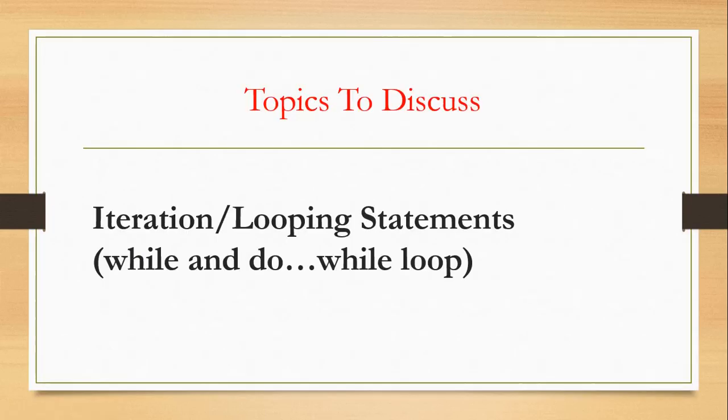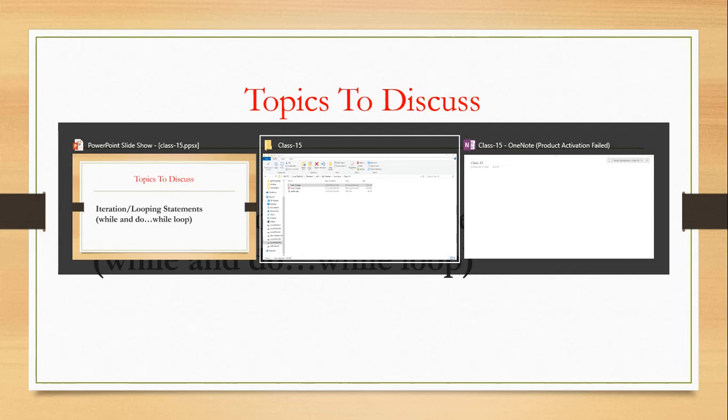In our last class, we started with loops, and we came to know that in Java, loops are basically classified into four types: for loop, while loop, do while, and for each. But for each is discussed at the time of arrays. So for the time being, we will cover while and do while, as we already covered the for loop.